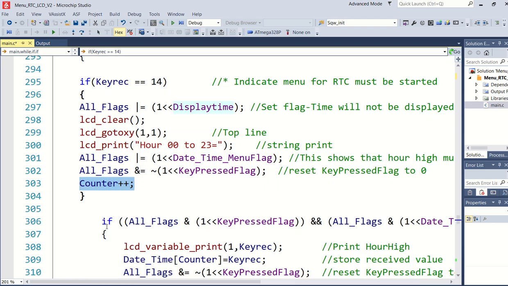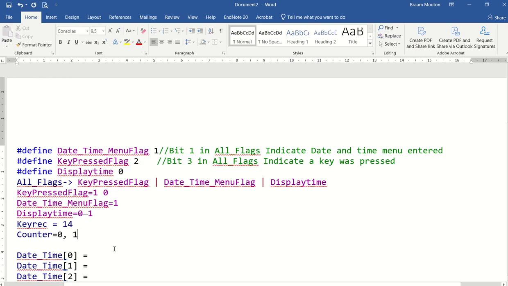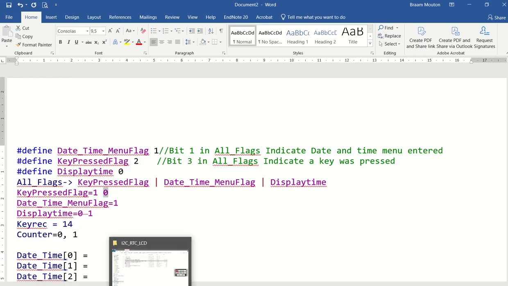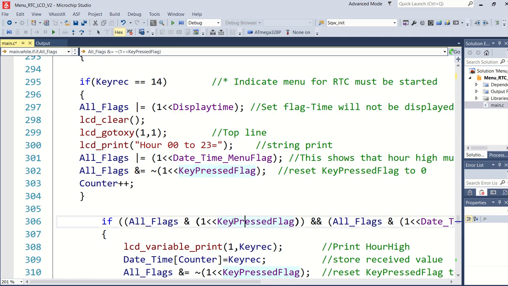So if I now look at this if statement, as you can see, key pressed flag is a 0. So in the program, if I test this if key pressed flag, that is a 0, so it will not go into this function.